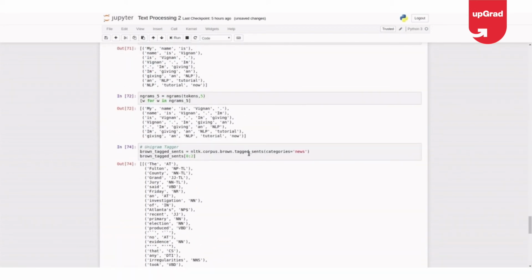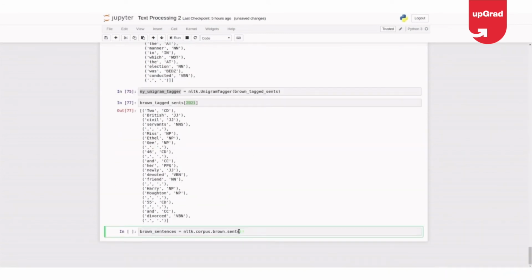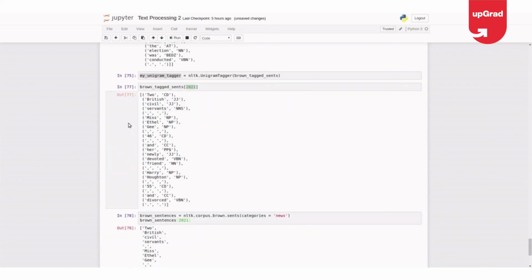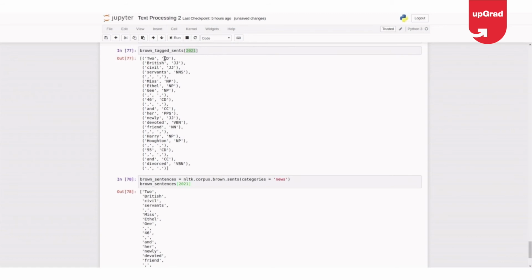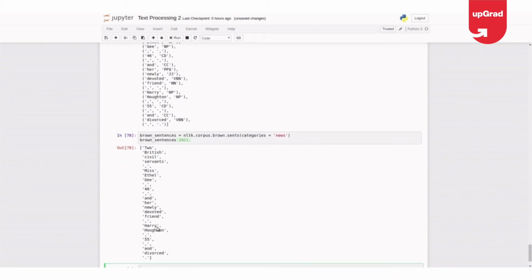Previously I have taken tagged, now just the sents, because I need to validate my responses. categories equal to news. Now again brown_sents of 2021. So this is my target data of 2021, which is saying CD, JJ, adjective, noun, verb, and all. Here it is not tagged.